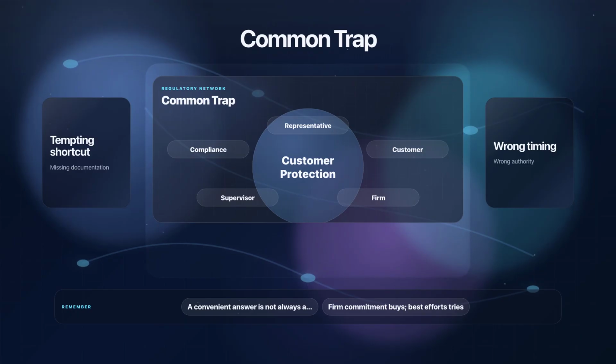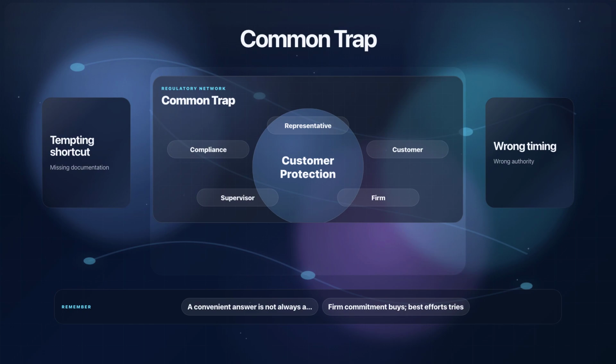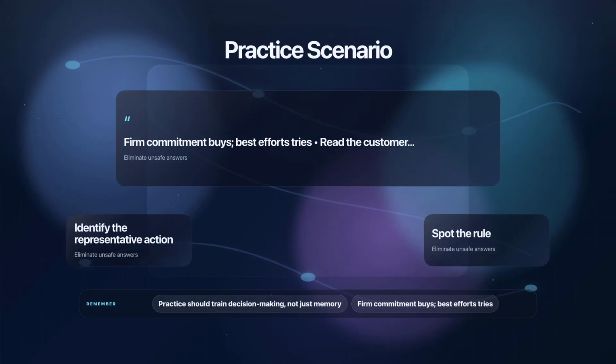Here is the common trap. Do not assume the underwriter always guarantees the issuer will sell all securities. The SIE often gives answer choices that sound helpful, fast, or business-friendly. But securities rules prioritize authorization, disclosure, record-keeping, suitability, supervision, and market integrity. If an answer bypasses those safeguards, be suspicious.